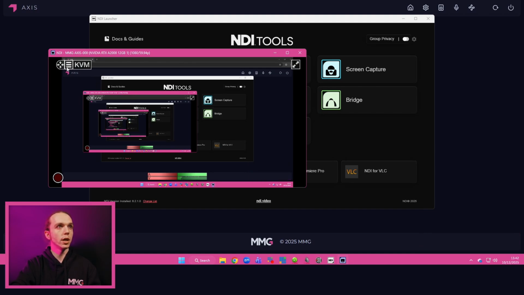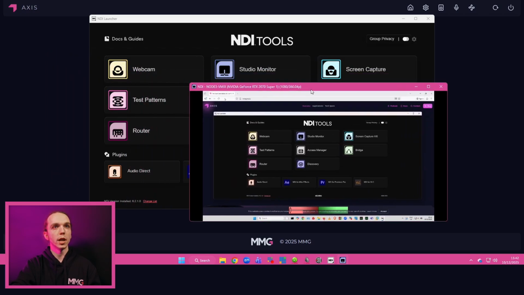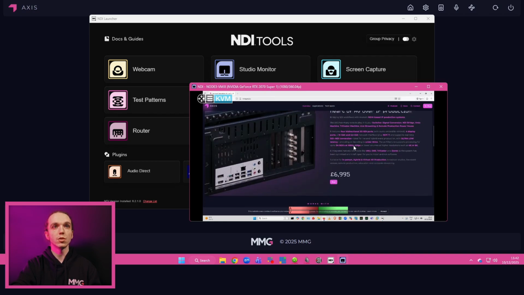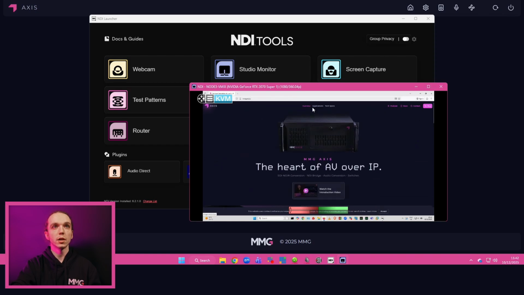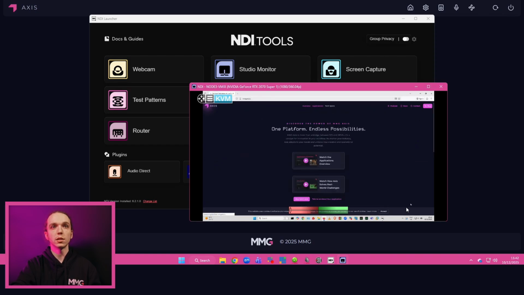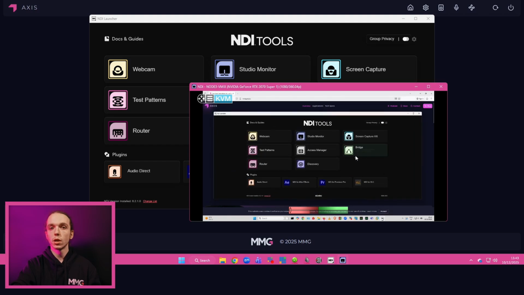I won't be able to demonstrate it on here, but I've got another computer set up with a screen capture currently running with an NDI Tools window. All you need to do, using Studio Monitor, is pull the NDI of the screen that's got KVM enabled, and it will make this KVM button appear within the monitor. You can then click that, and it will turn blue. And now, as you can see, the mouse cursor of that machine is following, and we are able to fully go into the machine and click buttons, scroll around,